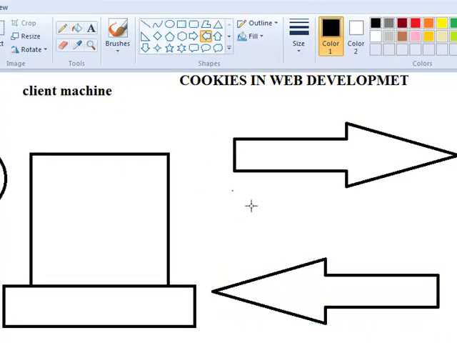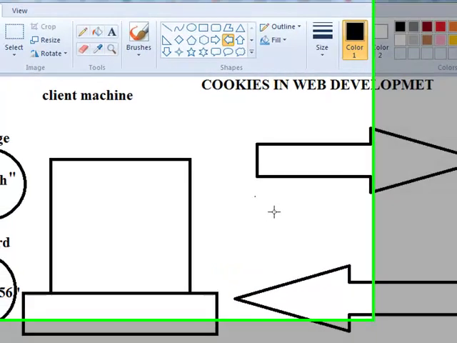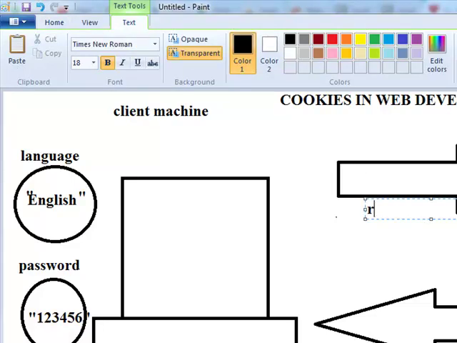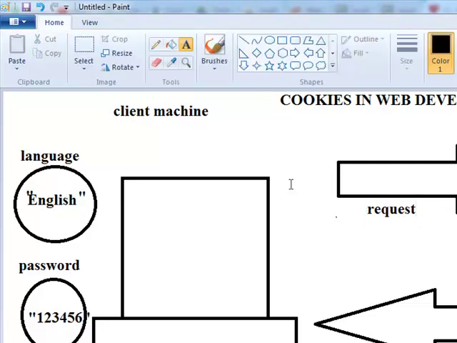Via which object are the cookies coming to the server? Request or response? Along with the request object, the entire cookies of that particular path.